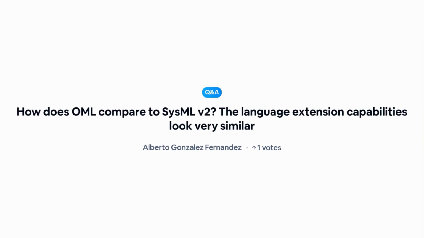How does OML compare to SysML v2? This is a very common question that I get asked a lot. In fact, the right analogy is OML to MOF, not OML to SysML v2, because I can take SysML v2 and describe it as an OML vocabulary. The OML vocabulary is like a metamodeling language, so you can use it to describe SysML v2 itself. And then once you define that, you can define OML descriptions that use the SysML v2 vocabulary.